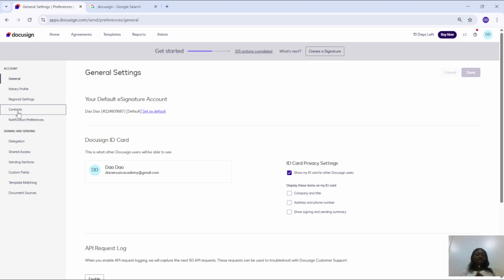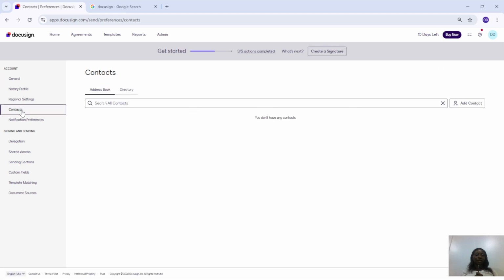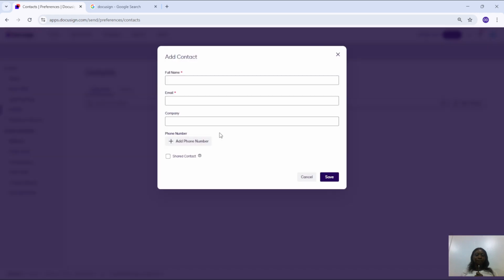Now what we want to do is add a contact in Docusign, so we'll just click on contacts and we would do that quickly. So on this page you can see that I do not have any contact listed, so my inventory is empty. Now to add a contact, I'll head over to the right corner here where there is add contacts, click on that, and then all I have to do is just fill in the information